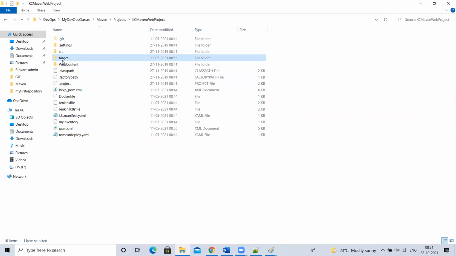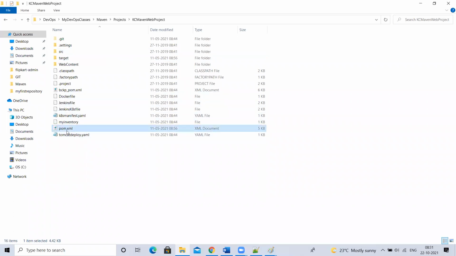Next, what does target contain? This target is an automatically created folder. Using Maven, you are going to create an artifact, right? Yes or no? For building, here my source code is there. This is my Java application source code. For this source code, Maven is going to create an artifact as per my pom.xml.